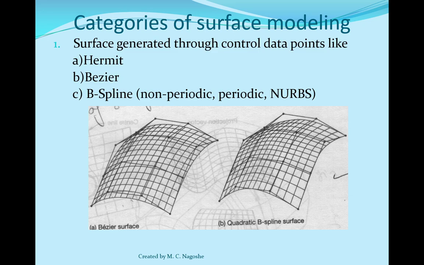So, first, the modeling techniques, if you remember. Let me go back. Now, one by one, we are going to go through all the modeling techniques: Boolean operation, octree, sweep representation, boundary representation technique, then we have the CSG, then we have primitive instancing. These are some of the modeling techniques. There are many solid modeling techniques available. Now let's go one by one.